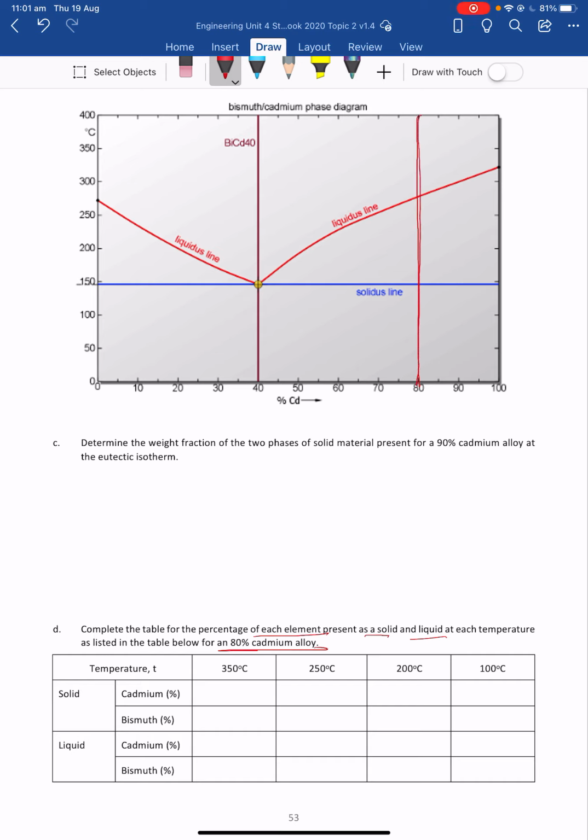But here we are talking about an 80% cadmium. So it's still a high percentage of cadmium, but not as high as the previous questions where we're talking 90%. So what are we needing to do here? Well, the first thing we need to do is do this exactly like we did with the previous diagrams,